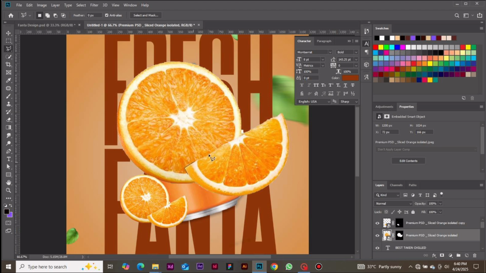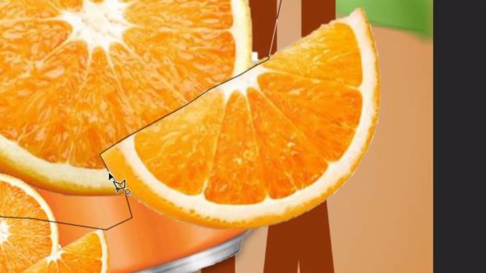Just click. That's how it works. It works like a magnet, it's magneting to the edges. So we just click around this orange because that is what we want to remove. Click around it, then you bring it back to the beginning point of where you started. And once a circle is showing beside it, you just click